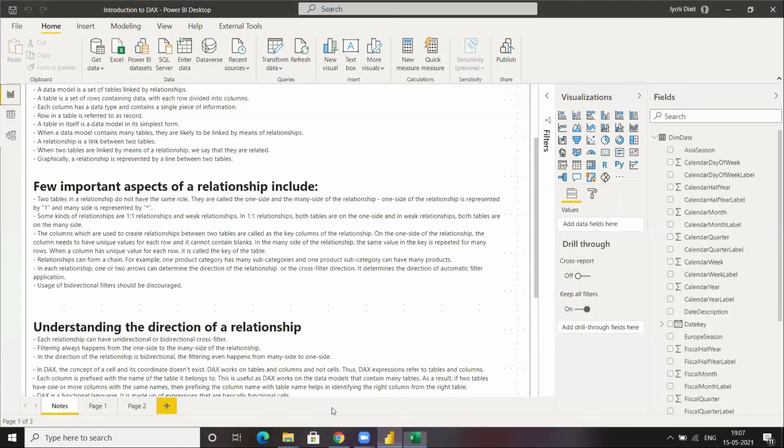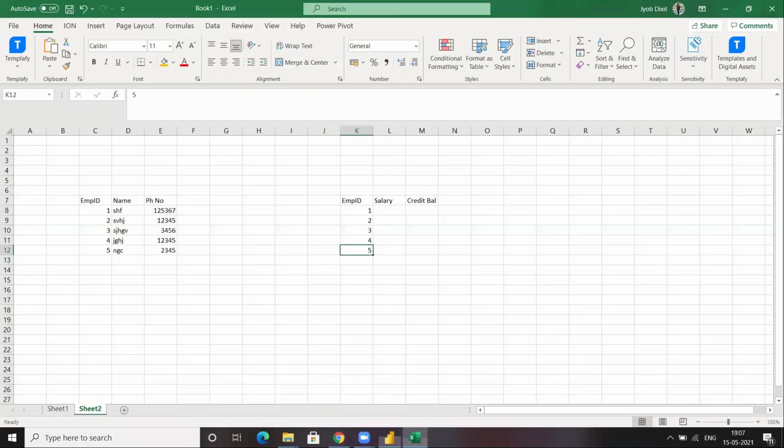So these kinds of tables also exist, but what happens is that if this security thing is not there, and if you are working in a department where you are able to see both of these two tables, and you know that both of these tables are related to employee only, and there is one row dedicated to one employee, then what is recommended is not to have these two tables as separate tables, and have just one table which has every piece of information of that particular employee, right?